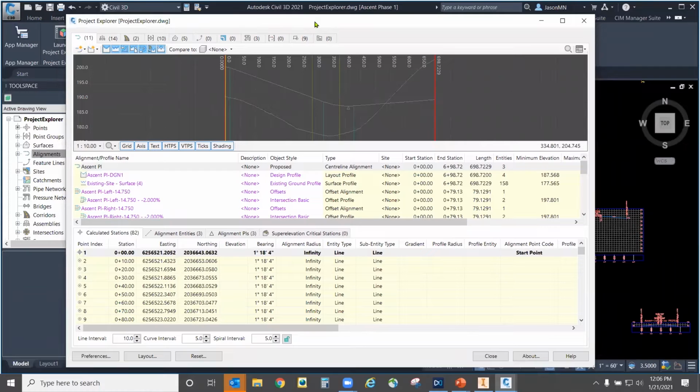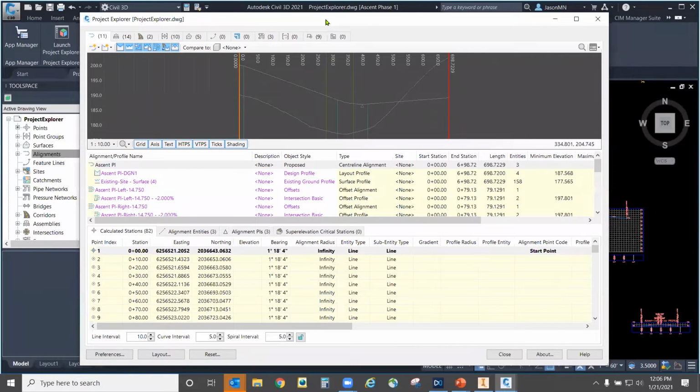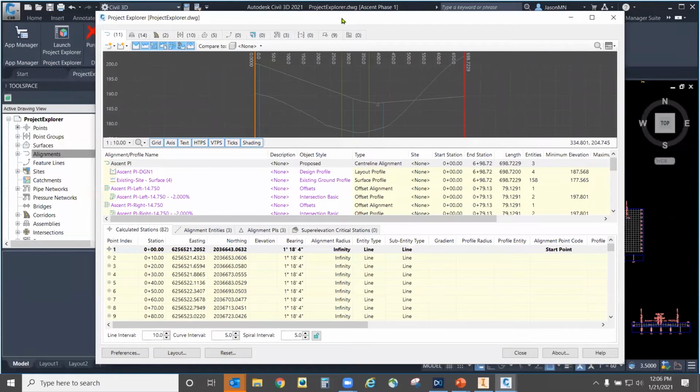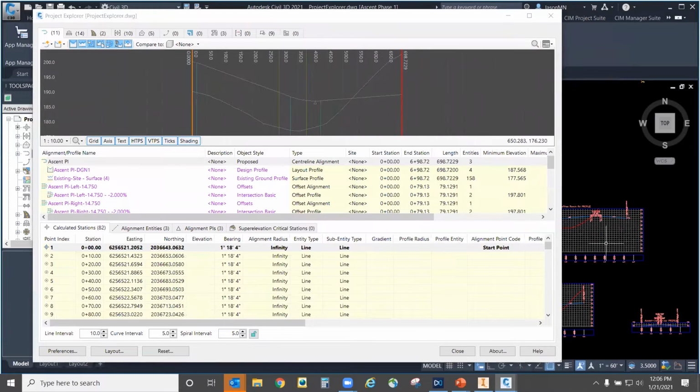Now, let me preface this part. This is going to be a little odd to demonstrate in a webinar format. This dialog box is really meant to live on an external monitor. So if you have one external monitor, or two would be even better, this window here is intended to live on a separate monitor and it's supposed to stay up all the time. Again, it's modeless. So you can interact with your drawing completely and it's not going to affect anything on the